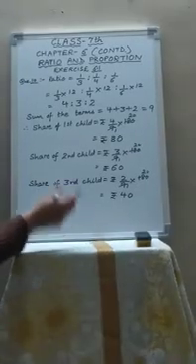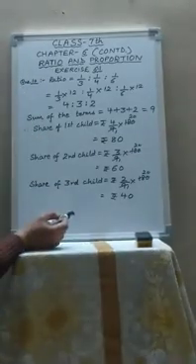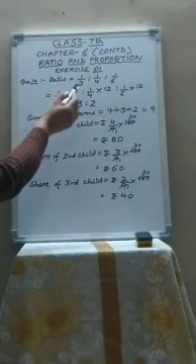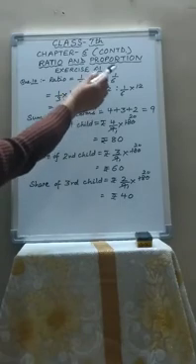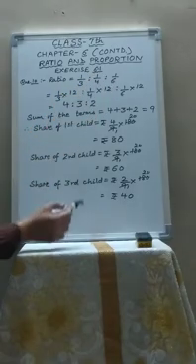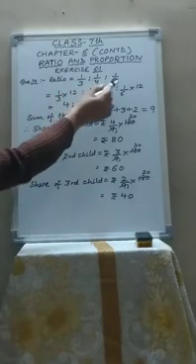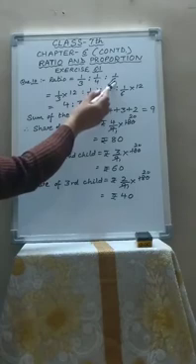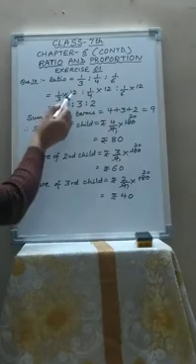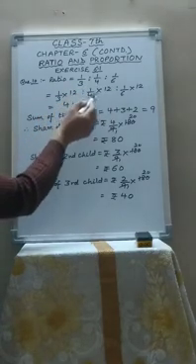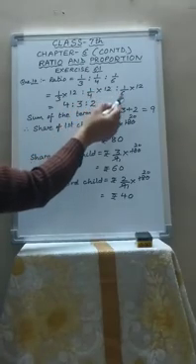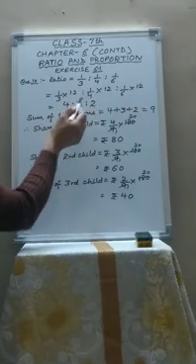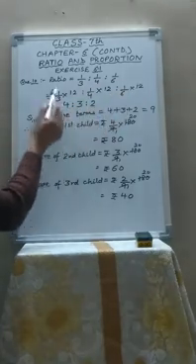Now children, question number 10. Rupees 180 are to be divided among 3 children in the ratio 1/3 is to 1/4 is to 1/6. You have to find the share of each child. First I will convert it into whole number ratio. I have taken LCM of 3, 4 and 6, which comes up to be 12. So 1/3 multiplied by 12, ratio 1/4 multiplied by 12, ratio 1/6 multiplied by 12. So 3 4s are 12, 4 3s are 12, 6 2s are 12. So converted into